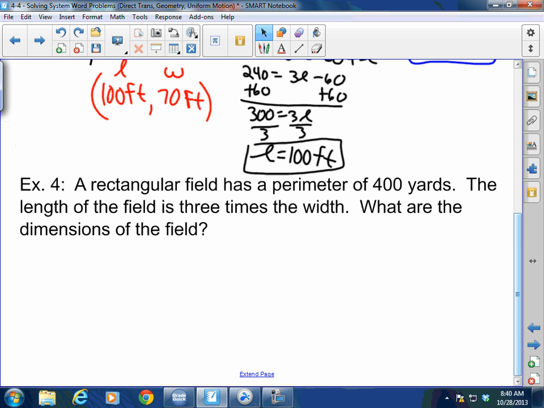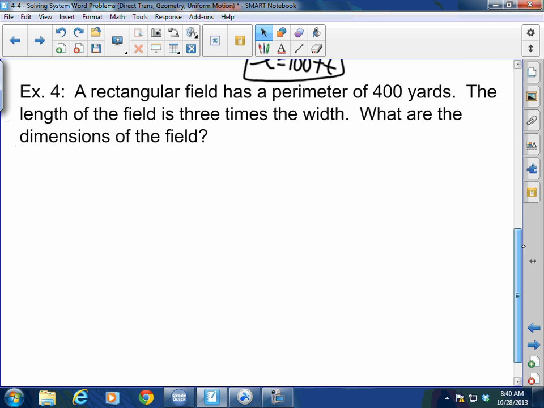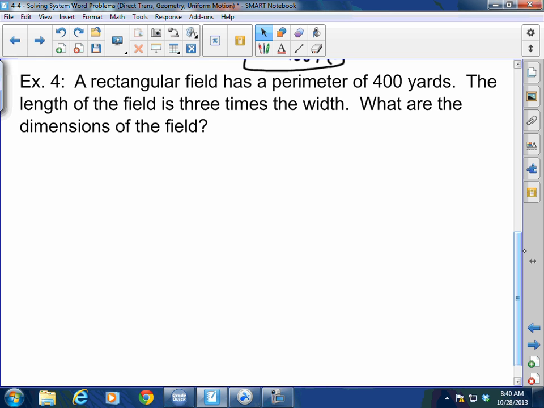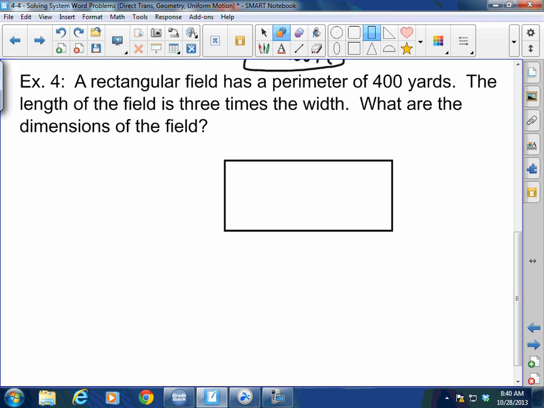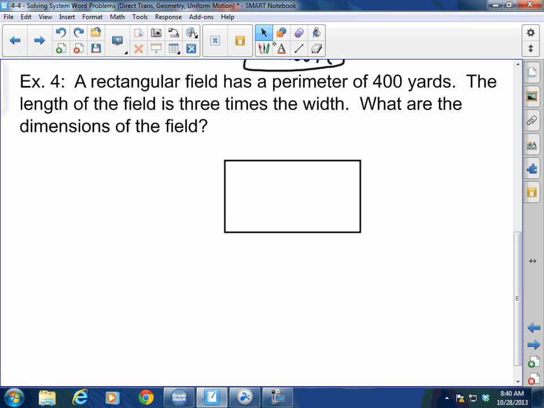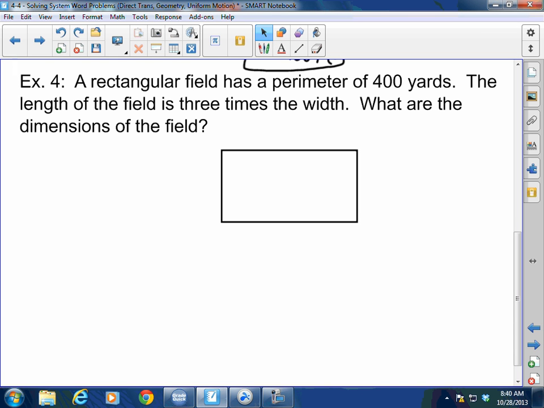A rectangular field has a perimeter of 400 yards. The length of the field is 3 times the width. What are the dimensions of the field? Let's just think about what a rectangle is. I know you guys know what a rectangle is. However, I like to always go over this just to make sure that you all remember the formula for perimeter, because it's very simple if you can